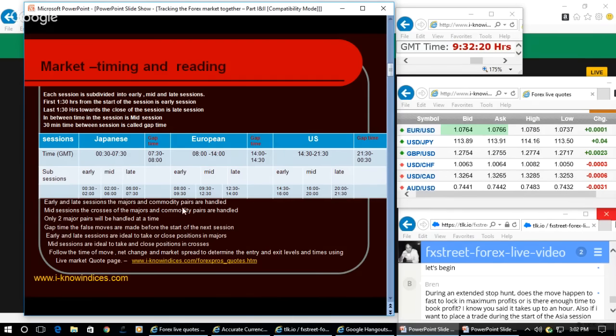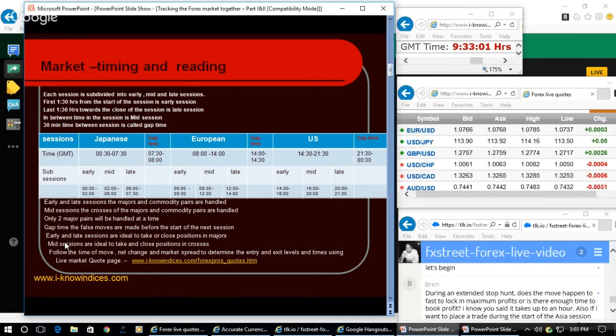During the Japanese session, you will be able to understand that one by one, they will increase the spread between the high and the low in the currencies, and then start handling 2 currencies at a given time. Then take another 2 currencies and rig them. Then take another 2 currencies and rig them. That is how they increase the spread in those currencies. By that, they handle the majors as well as the crosses. So during the gap time, they make the false move before the start of the next session.